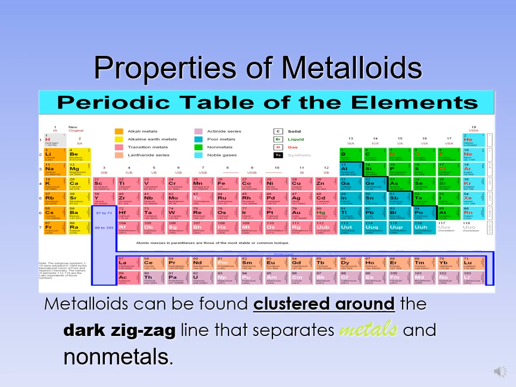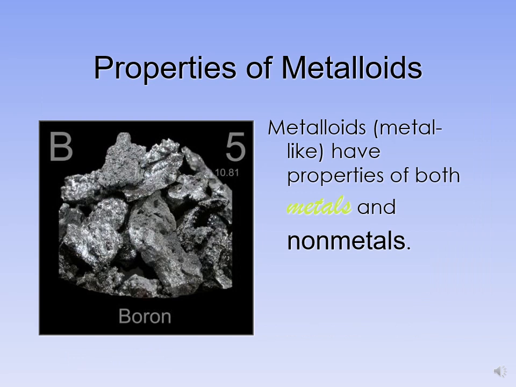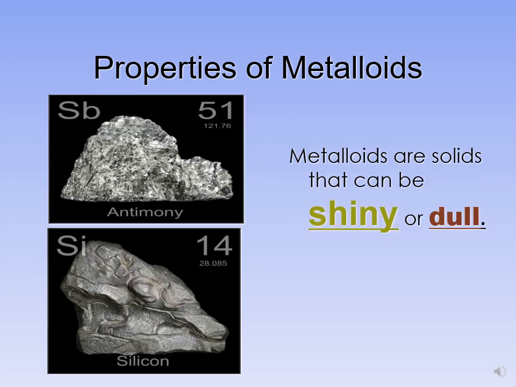So these metalloids are right along that zigzag line over on the right, and they have properties that are both metals and nonmetals. They have some of those properties. So some of them are like boron. Here is another one that has properties of both metals and nonmetals. For example, some of them are shiny with luster, in this case antimony, and some of them are dull, in